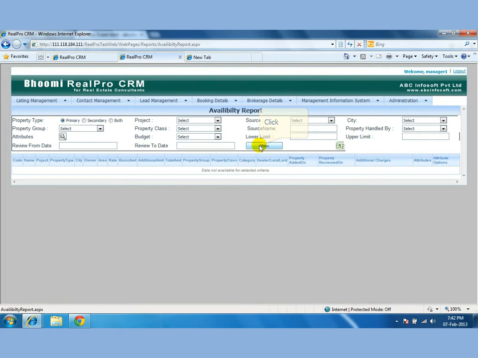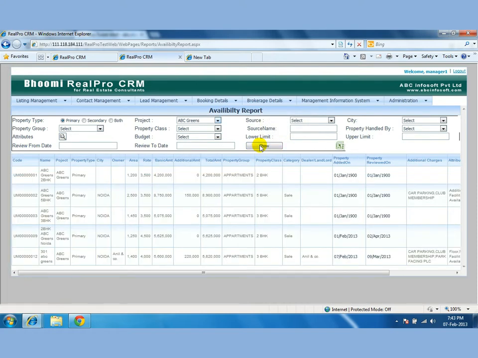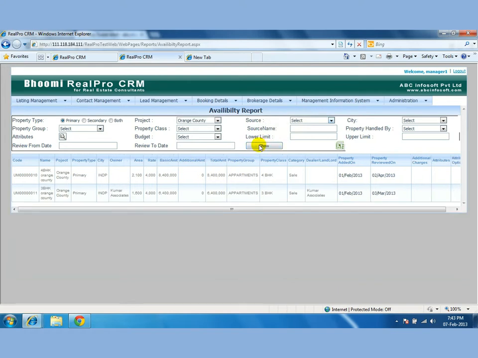Just click on these filters and then simply put show. All those properties matching the criteria would be listed. You can see the properties matching the criteria will be listed here. You can always change the criteria and then click on show.